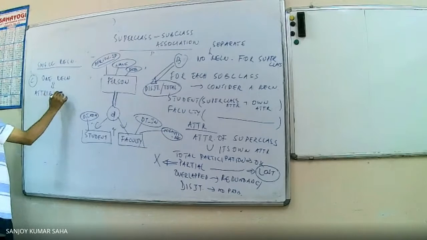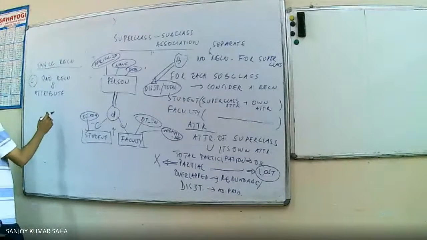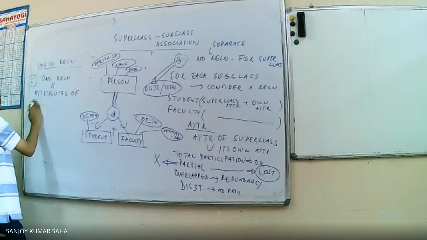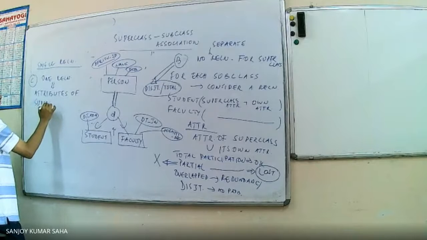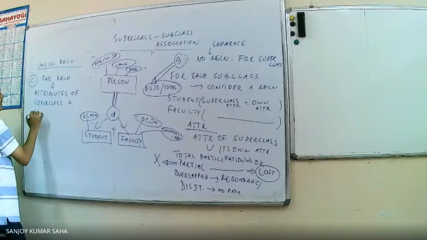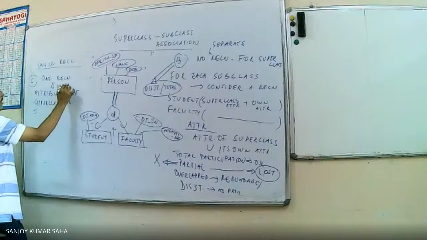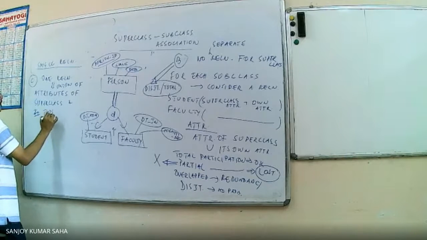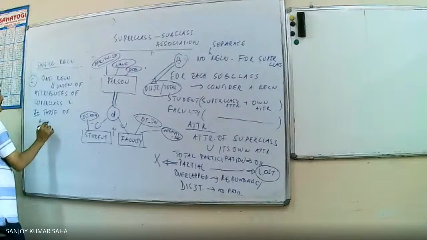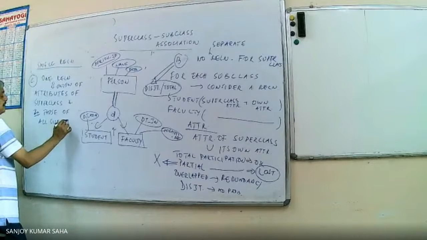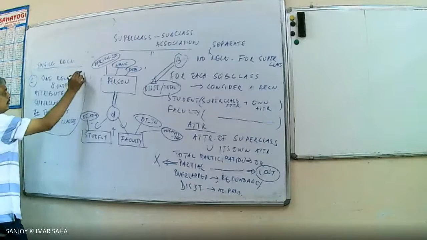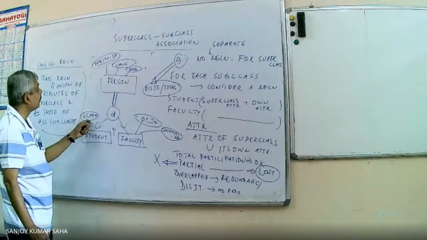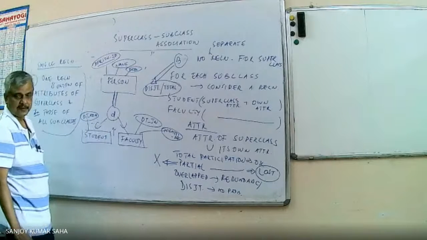It will have attributes of the superclass, and basically the union of attributes of the superclass and those of all subclasses. I cannot lose any attribute information. So in the single relation, we have all the attributes of the superclass and all the additional attributes of the subclasses, and